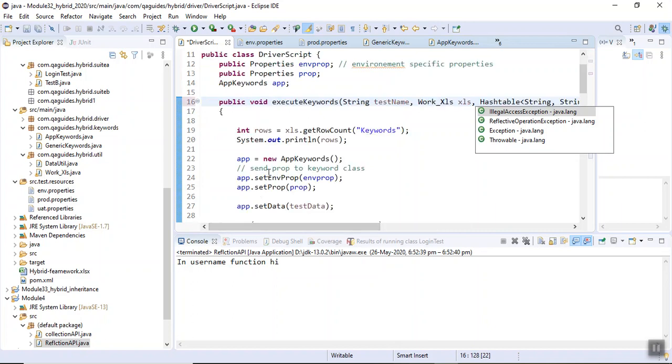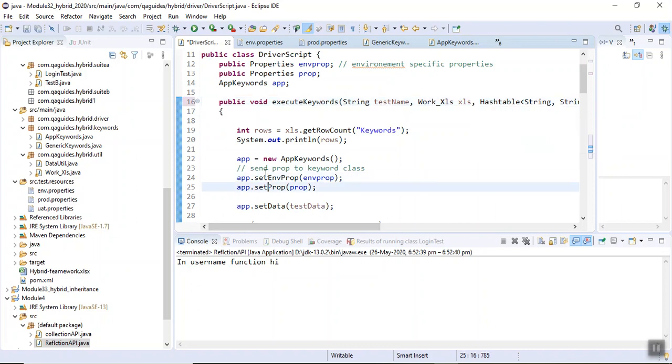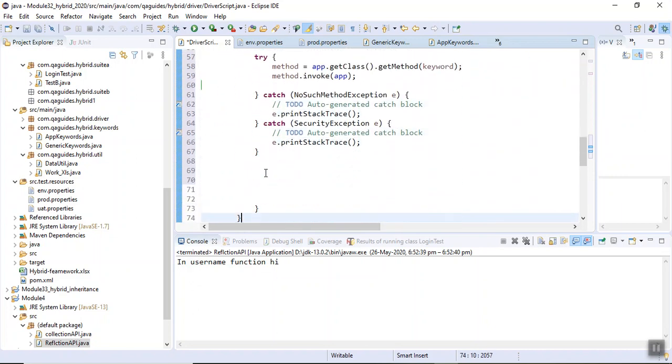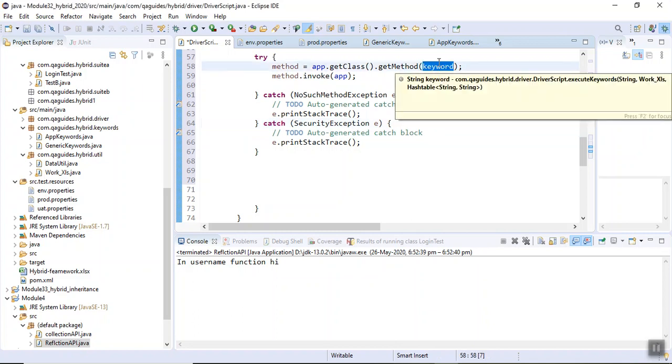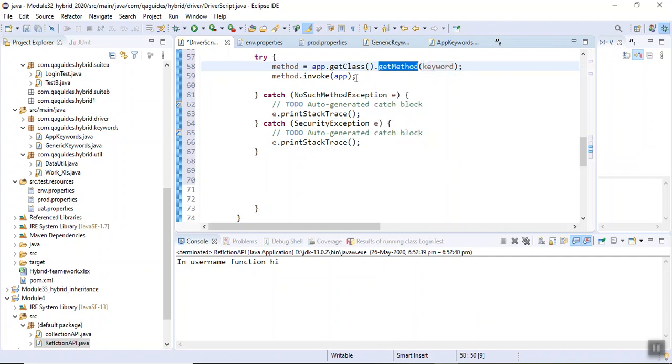I have added the throws declaration here. So now this line will do the magic. From the keyword you will get all the keywords, and the method invoke will invoke that keyword.